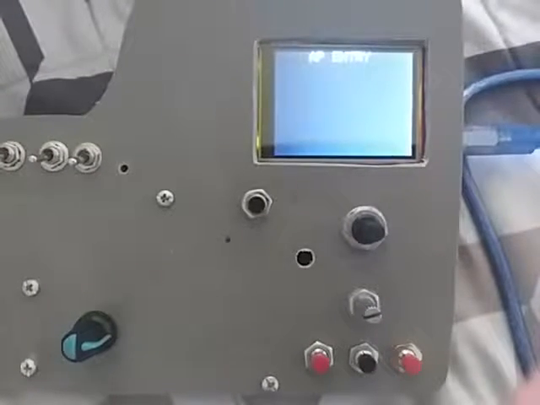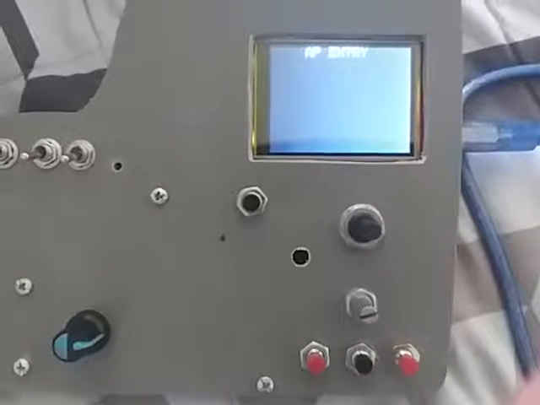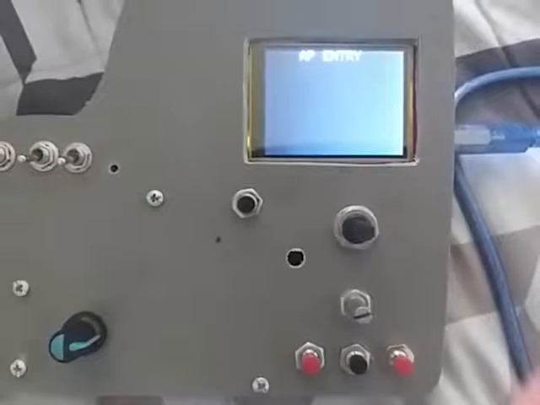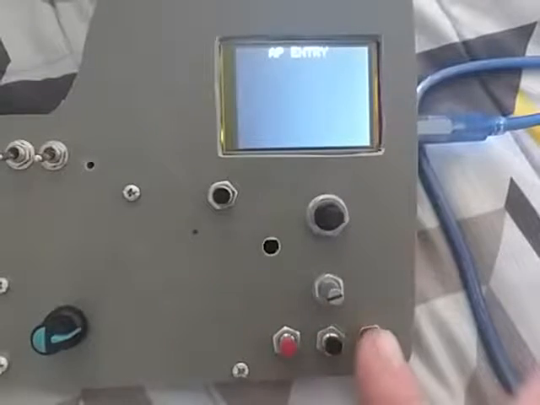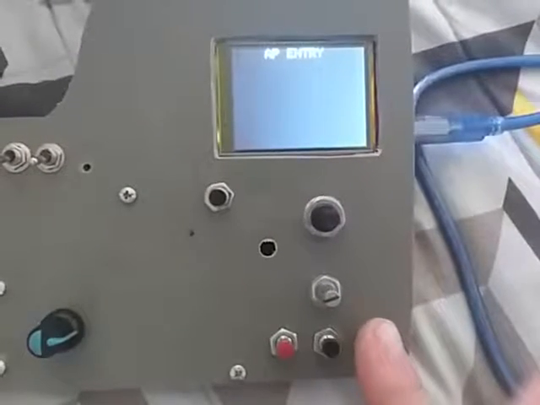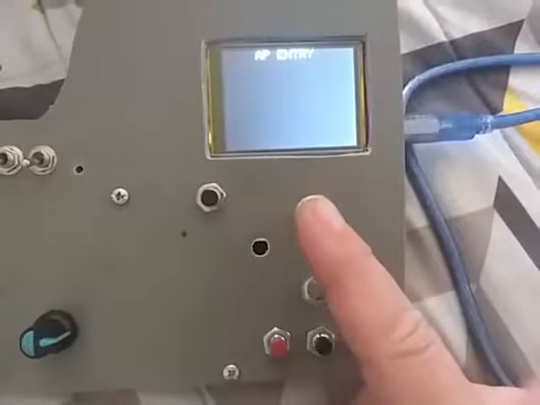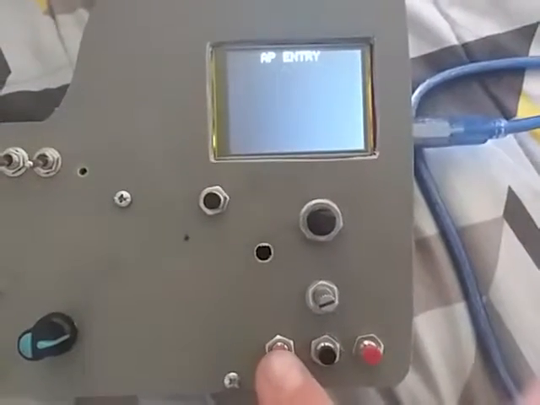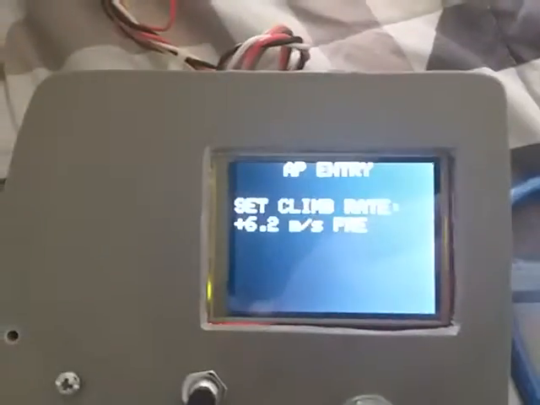Well, I decided to present some of the features of my autopilot, and the first thing is how you would enter autopilot modes and values which will be passed then to the airplane. Basically you have three buttons here. This is the call autopilot button, cancel, enter, data entry pod for selecting a data, and this is an autopilot mode selector. You basically call autopilot pushing this button, and we have here